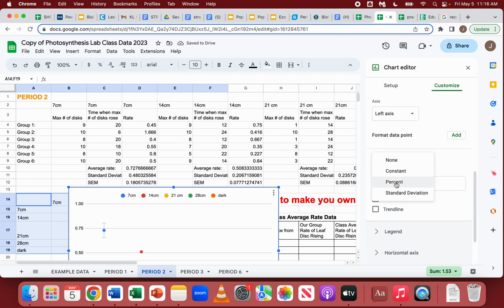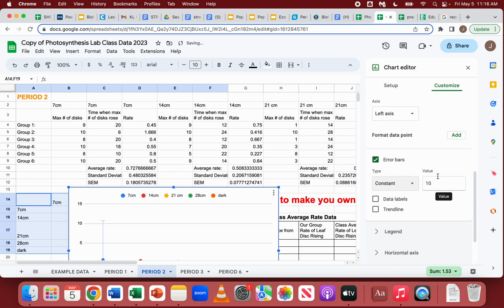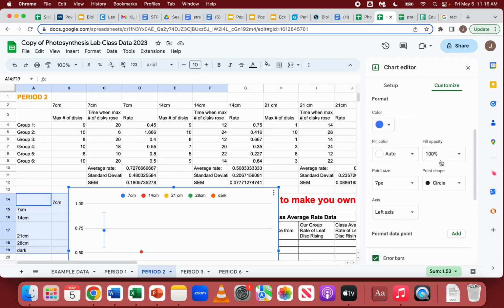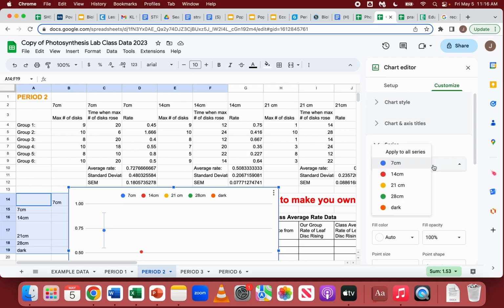We're going to change it from % to constant. And how we know which number to enter here is from the data on the chart where it said standard error of the mean for 7 centimeters. So the standard error of the mean for 7 centimeters was 0.18. So we're going to type in 0.18. And then we're done with the blue one. So we're going to scroll back up. And now we're going to choose the next one,